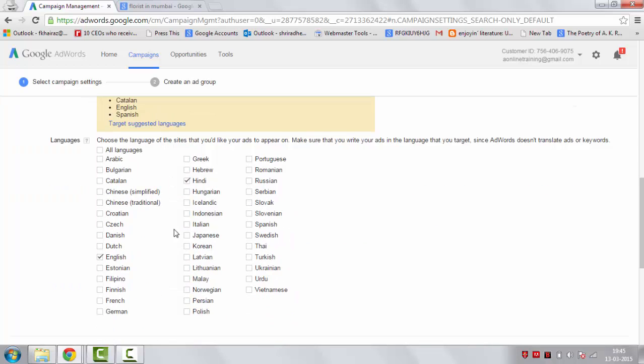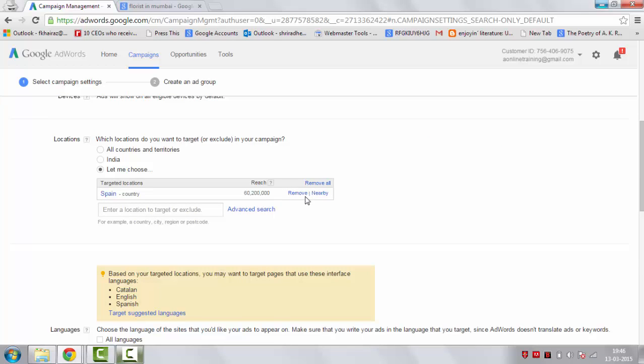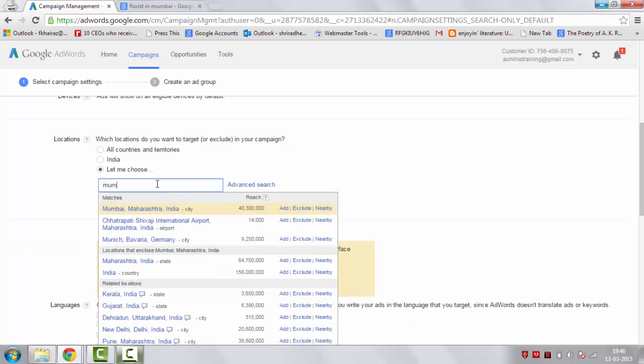Now if I select Hindi over here, selecting Hindi will not make any sense in this case. So I remove Hindi. If I only select English, which means people staying in Spain who are using Google search engine, default language English, only they will be able to see my ad. The others will not be able to look at my ad. I change the location back to Mumbai,